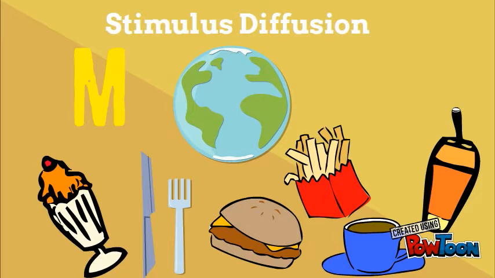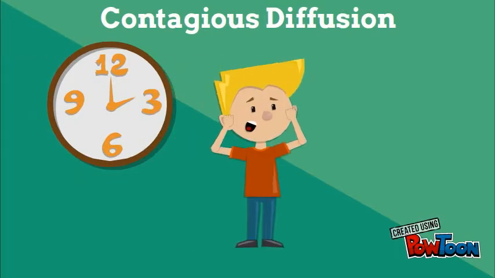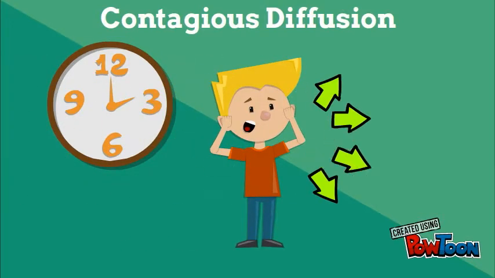The last type of diffusion is contagious diffusion. Contagious diffusion is the rapid, widespread diffusion of a characteristic throughout the population. For example, diseases spread rapidly and can affect multiple people, just like how contagious diffusion spreads rapidly and influences multiple